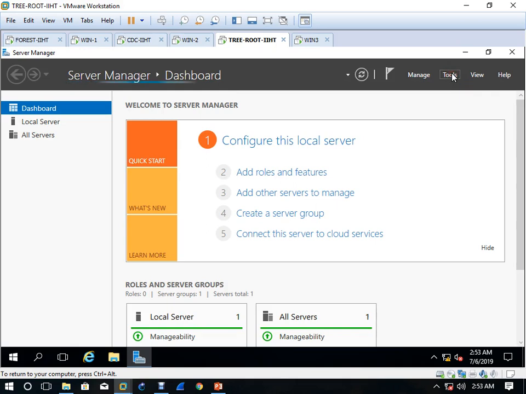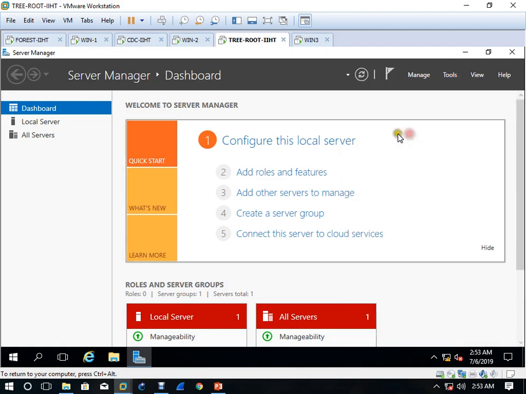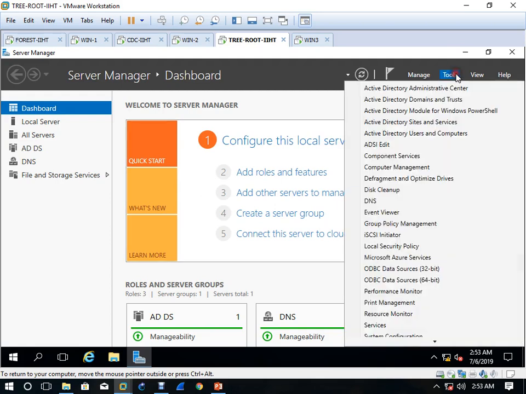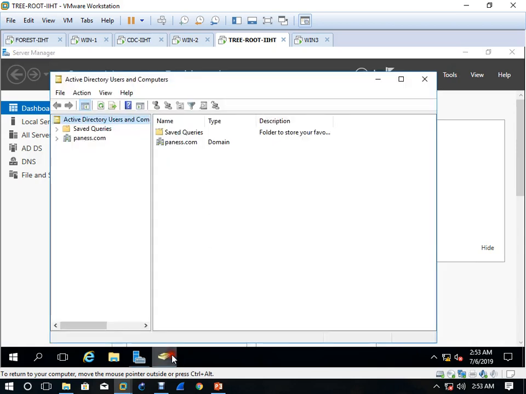Okay, now you can click on tools, Active Directory Users and Computers.